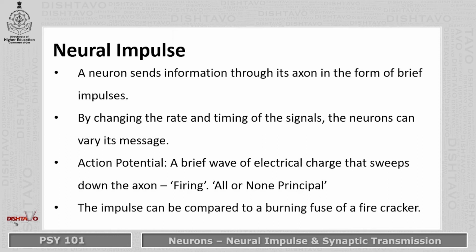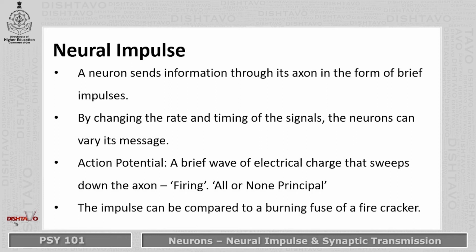Now, the nerves or neurons work on the all or none principle. That means every neuron has a threshold. When a stimulus comes in and crosses the threshold, the neuron fires to its full potential. This is known as the action potential once again. But if the stimulus fails to cross the threshold, then the neuron will not fire at all. This is known as the resting potential.